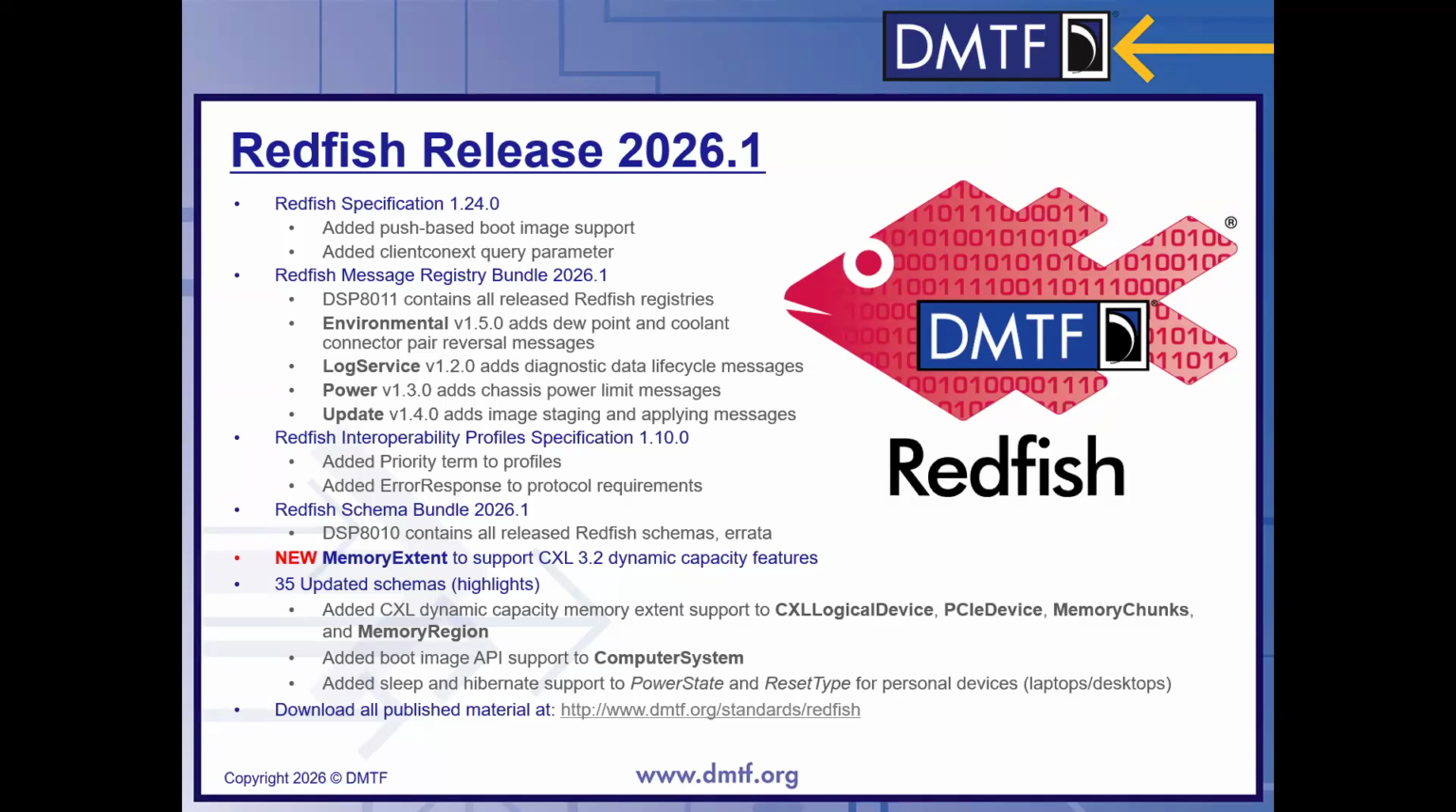We've added a new schema bundle. So DSP 8010 contains all of our existing schemas and our audit releases. Some of the highlights of that include a new resource called MemoryExtent to support some of the new CXL 3.2 dynamic capacity features. And then we also have